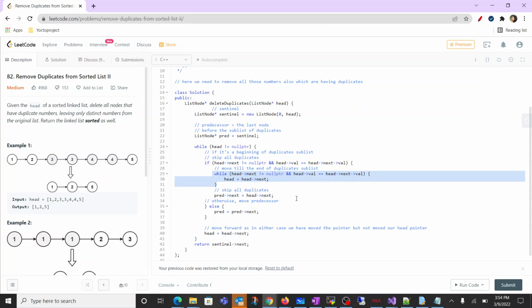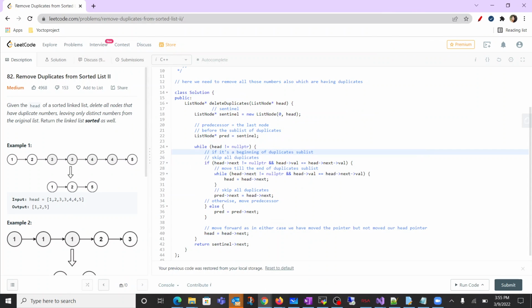Here it would be connected. Now, because here head's next was connected but head was not moved ahead, we would again be required to move our head forward at this point, and then it will again check if that particular is